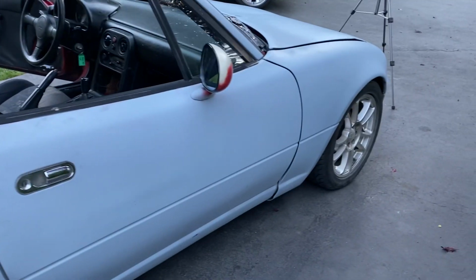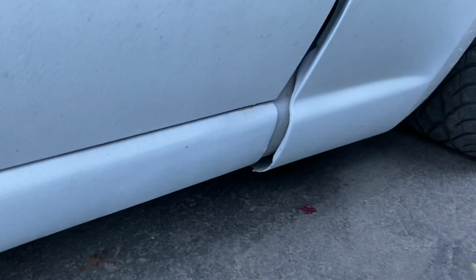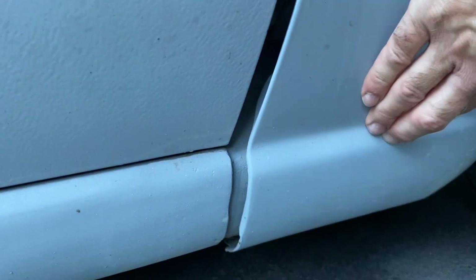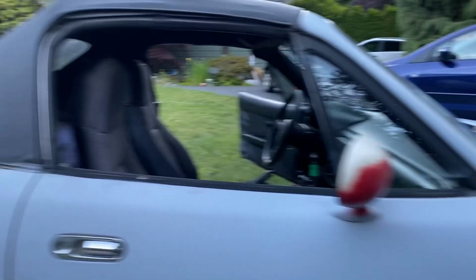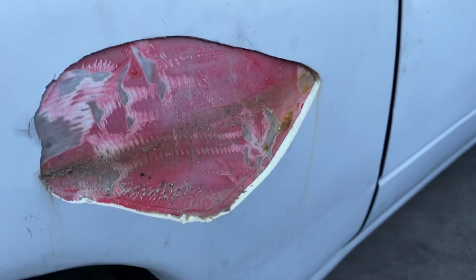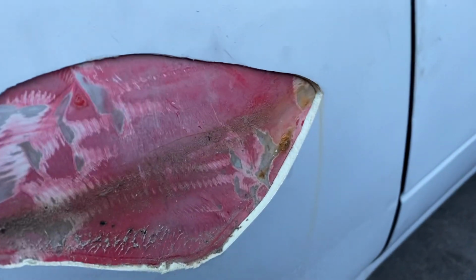We've got some pretty dodgy bodywork in the front. Check this out. Yep, that's not even attached. Nah, it's just loose, which is good. That means it's gonna come off easier when I take it off. Now, this is the fun part of this car right here. Check this out. Just a bit of filler, hey? Look at this. We've got